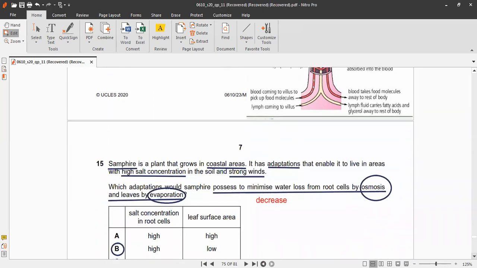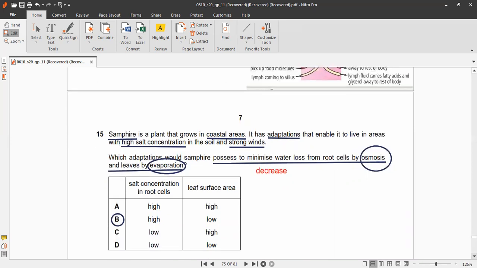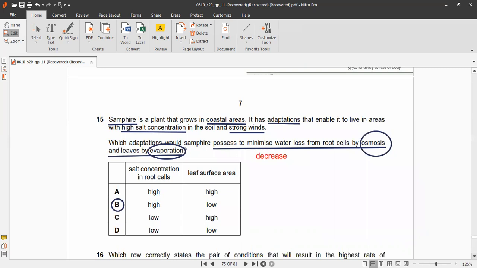Sunflower is a plant that grows in coastal areas. It has adaptations that enable it to live in areas with high salt concentration in the soil and strong winds. Which adaptations would a sunflower possess to decrease water loss from root cells by osmosis and from leaves by evaporation? Yes, salt concentration in root cells high